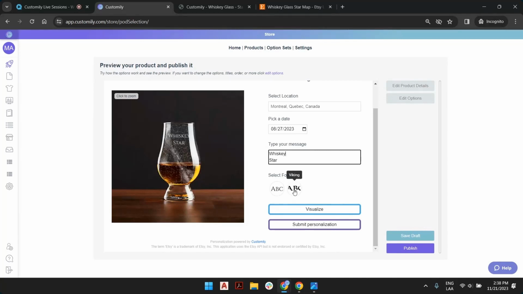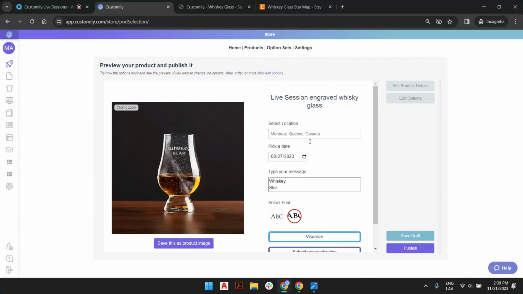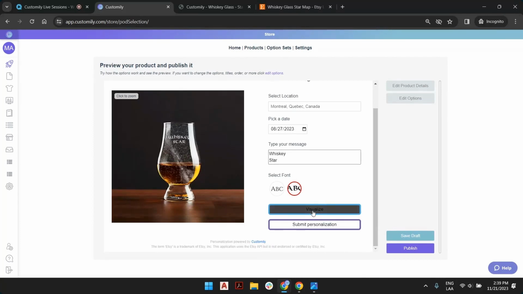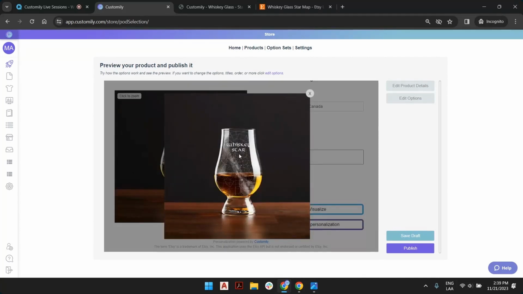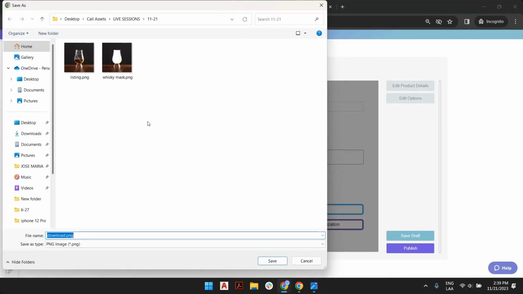And if you want to check the fonts, all you have to do is check out this. By flipping fonts, you can see the end result. This is the previewing and revision stage, so you can see if the options are working and you can visualize how your effect will look. Right? And if you click here and you save this image, let's say as the listing number 2, okay,